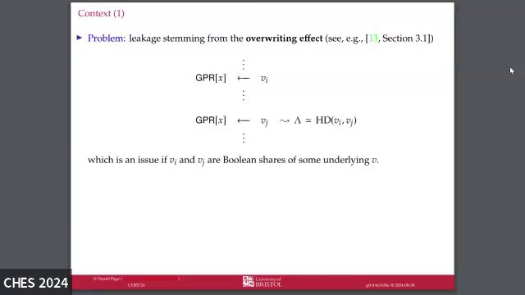One of those pitfalls is the so-called overwriting effect. This is something that's been identified and explored by lots of people now, maybe the first of which is the paper cited here by Papagiannopoulos and Veshikov. So in concept, this is relatively straightforward.